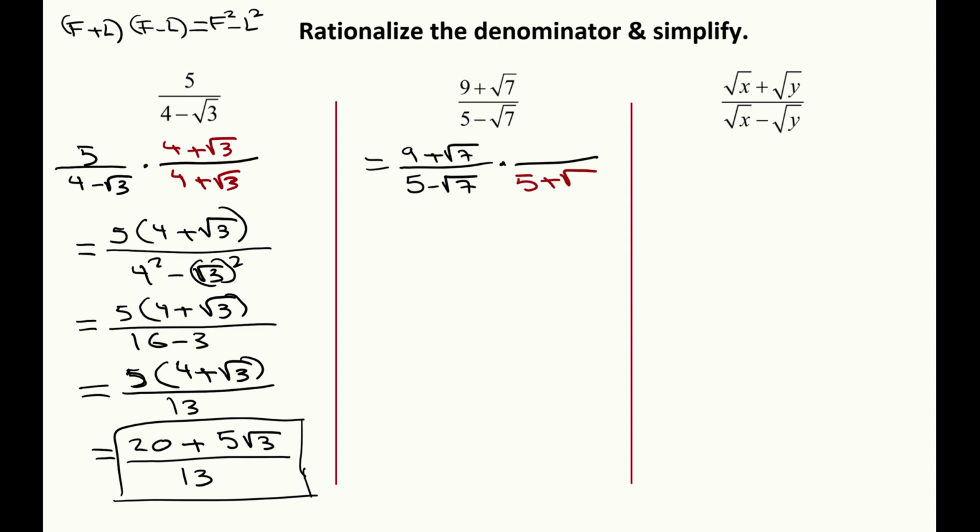So we get 5 plus square root of 7, 5 plus square root of 7, like that. And now we're going to go ahead and write the top as a multiplication like this. 9 plus square root of 7 times 5 plus square root of 7